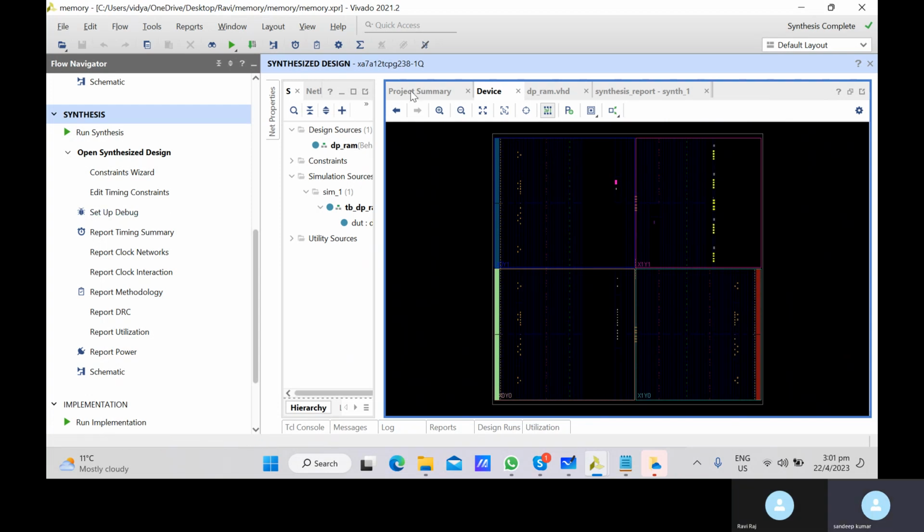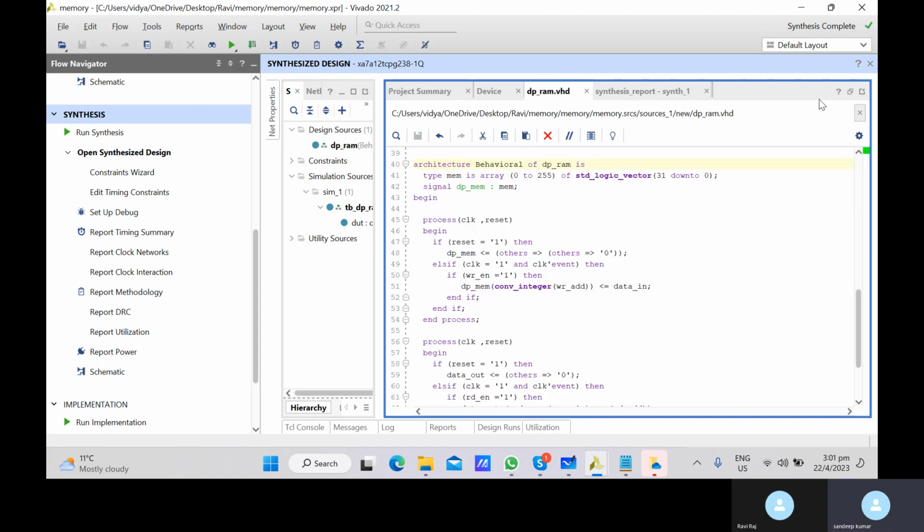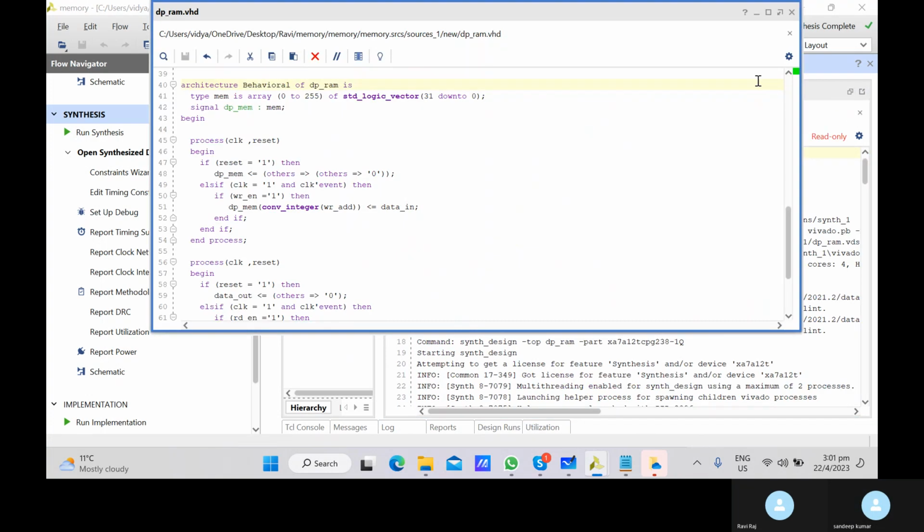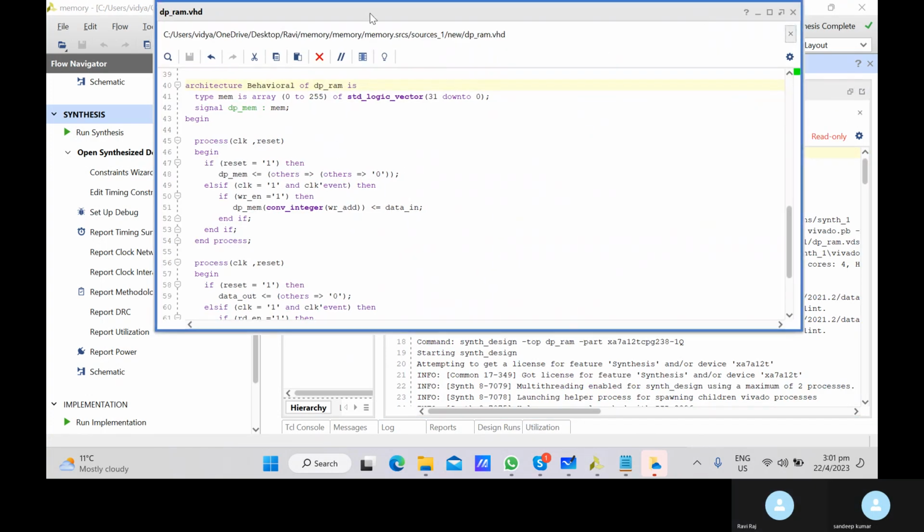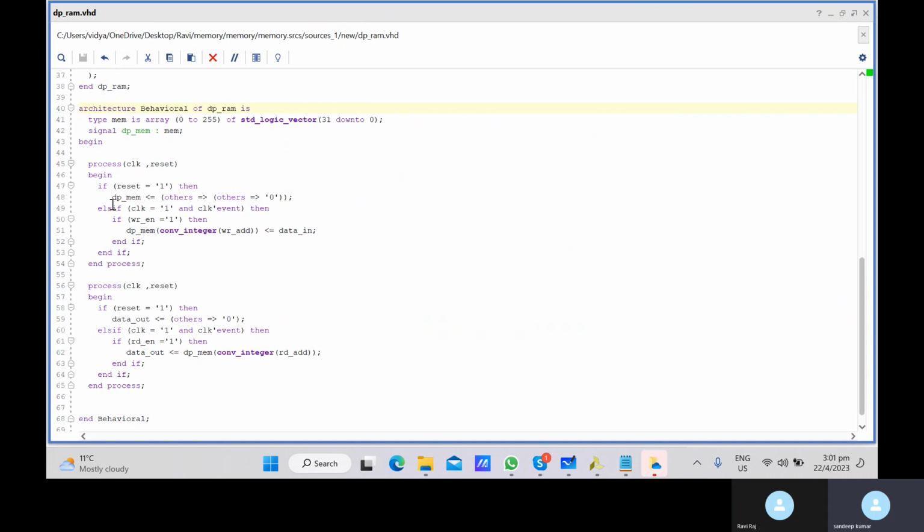Okay, so now let's understand the design. If you initialize the memory, in general, any memory hard block, which is actually a memory, cannot be initialized by the user on reset. It will have its own reset value, so you must not initialize the memory. So this, let's say, we can say it's a distributed RAM,